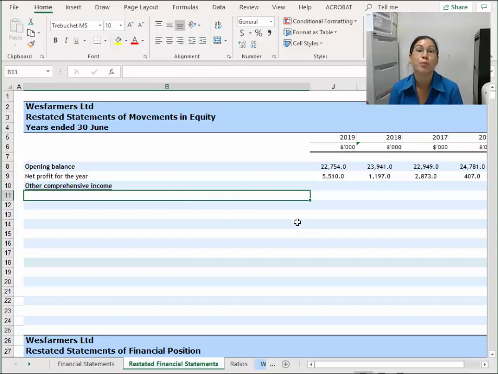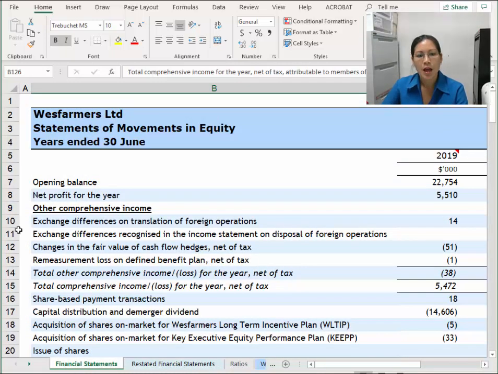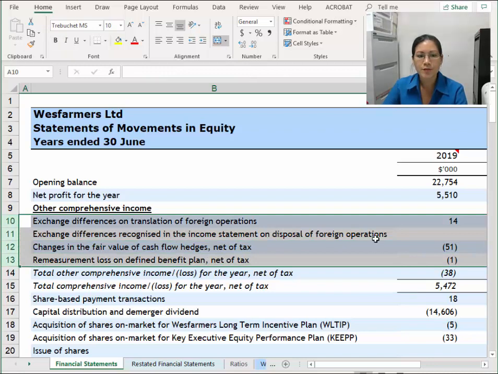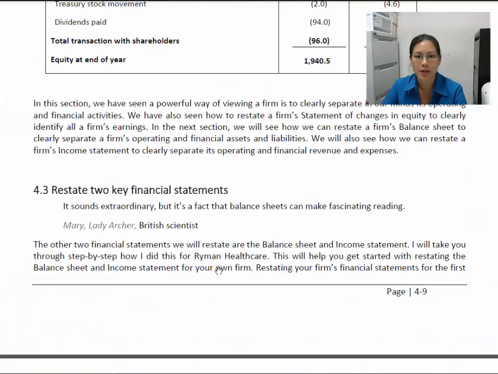Now, I actually have to split my other CI into O and F. So how I do that is I go back to my original financials and I have a look at how many items I have. Now, Wesfarmers has 4 items of other comprehensive income for this year. Your company may have more or less, but we have to go through every single item of these and classify it either as O or as F. And again, to do that, you need to know what O and F actually are. Hence why I said read chapter 4 and gather your understanding of the difference. Okay, Martin's got a nice diagram in chapter 4